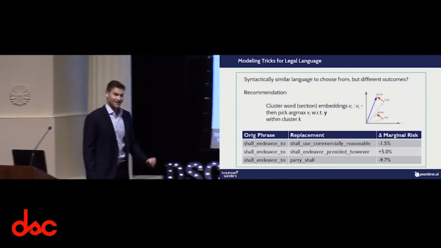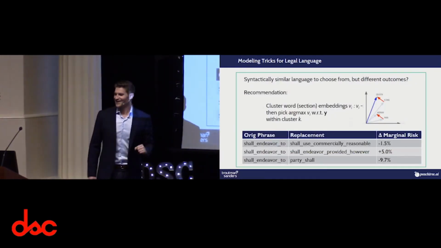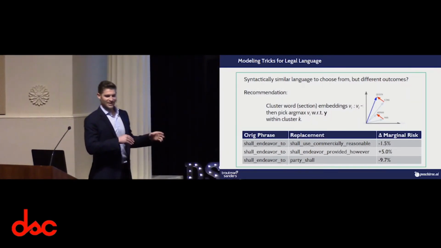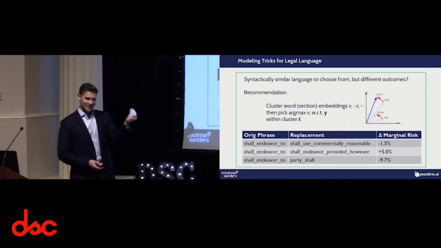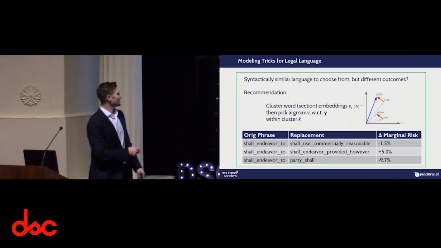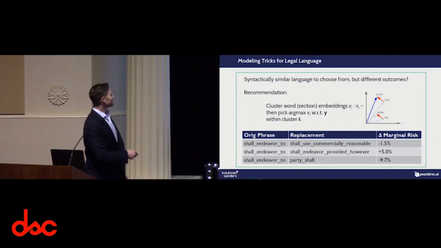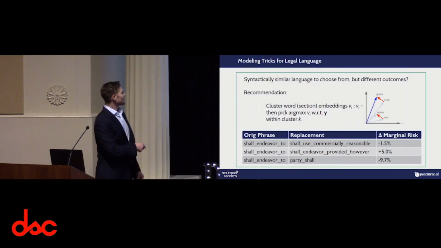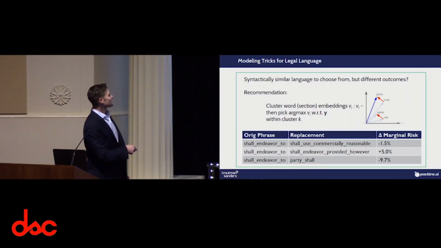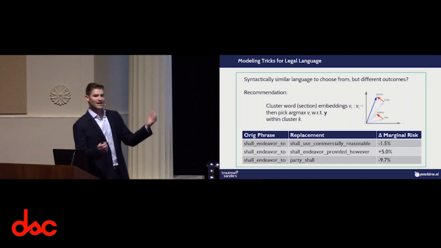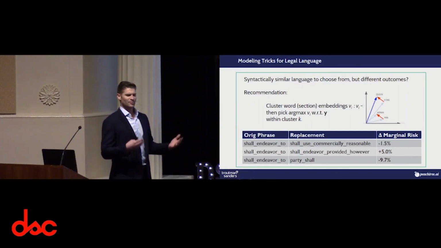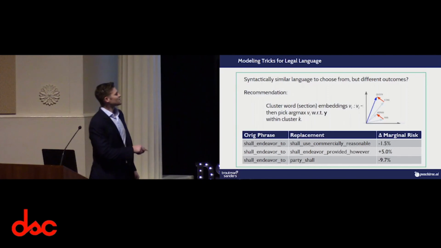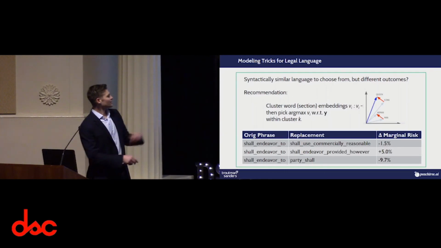Now, this wouldn't be an NLP talk in 2018 unless we talked about word embeddings. So I want to use a quick application of word embeddings to something like this. Something that's really cool about word embeddings is that you can cluster things that are similar. So if we're looking for provisions and other types of language that are similar to each other, we can use the word embeddings for those sections or those words to cluster out and say, oh, okay, here's a cluster of language that looks similar that people might not otherwise really care about. Kind of like this idea that you might use a different type of language, but the other party won't really care. However, that language might actually be associated with lower risk. And so if you use these clusters, you can optimize the risk by choosing the best provision or word from within